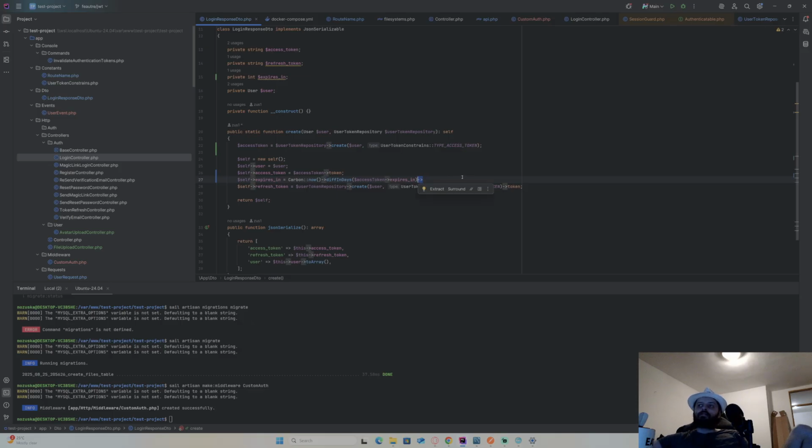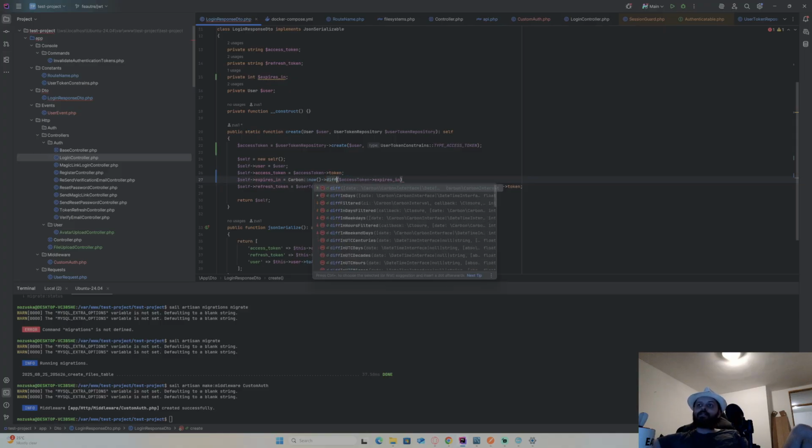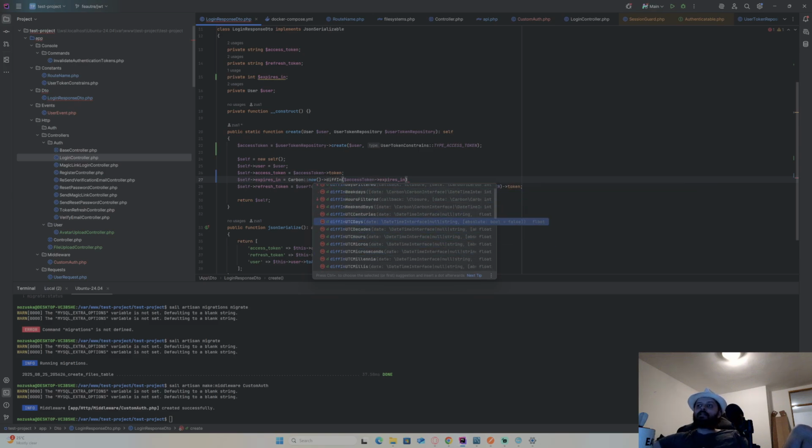So I need to cast it to timestamp. Carbon now. Maybe I have diff. Do I have diff timestamp? What does this one do? These are floats. Again floats. Unit. Again float.